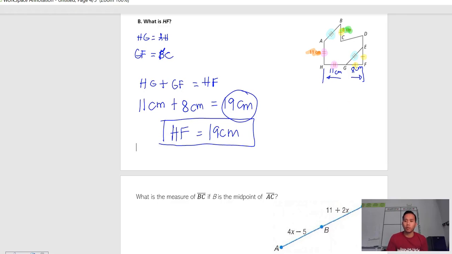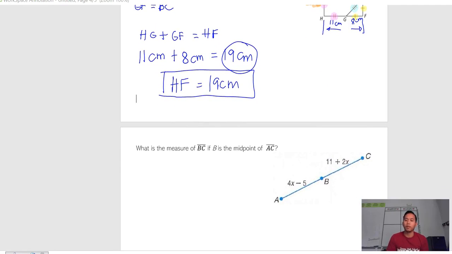Another example for finding the length of a given segment using algebra is this one. There's the term midpoint. What is the measurement of BC if B is the midpoint of AC? Length of a segment, and then we have a new term there, midpoint. When you say midpoint, this is the middle point